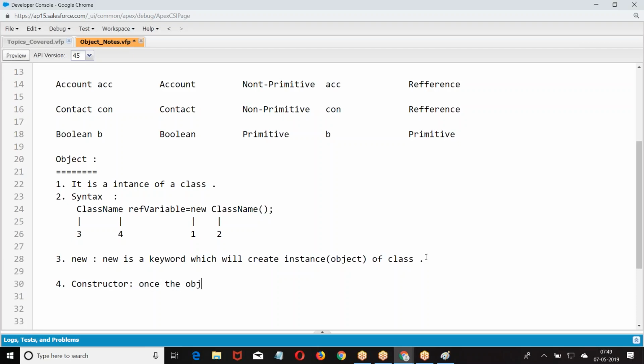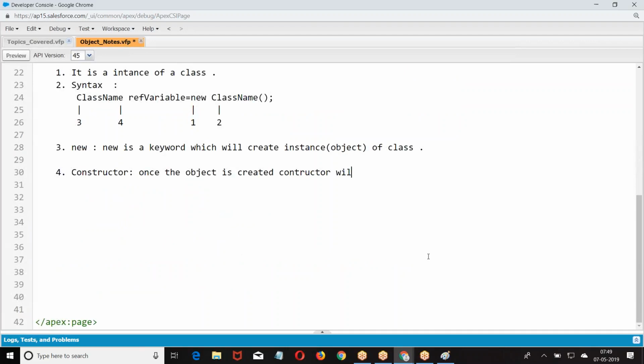Once the object is created, constructor will be called automatically. This is used to initialize the data.